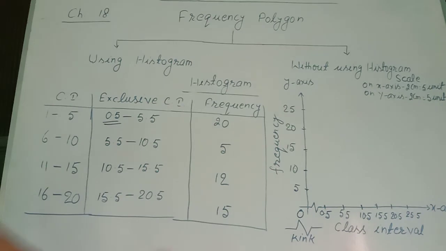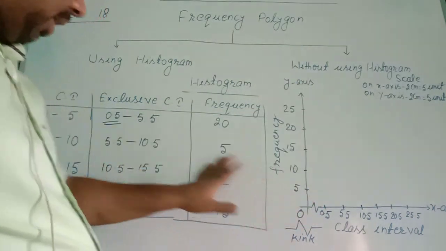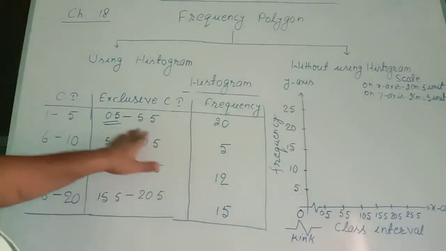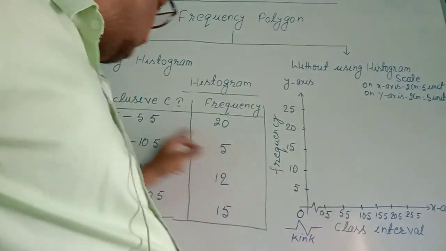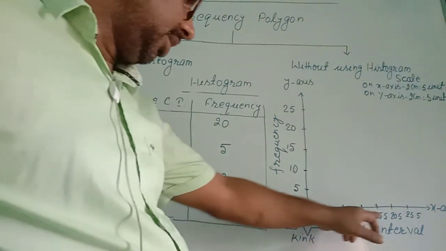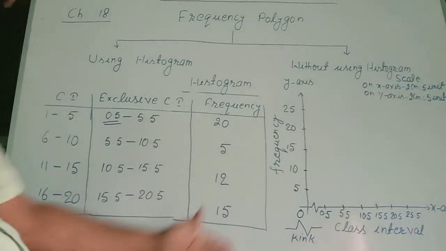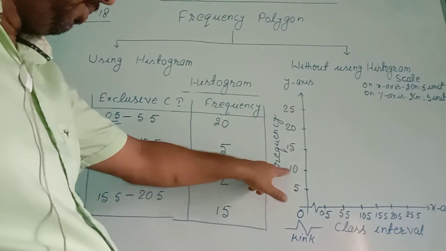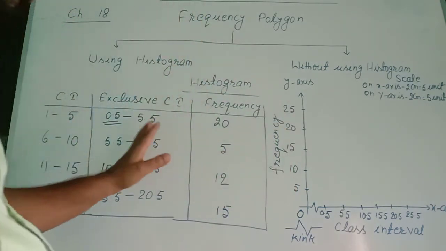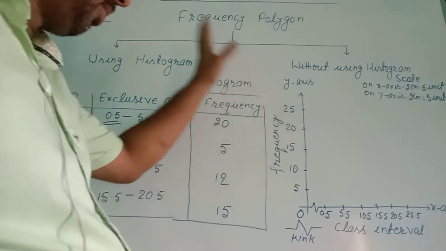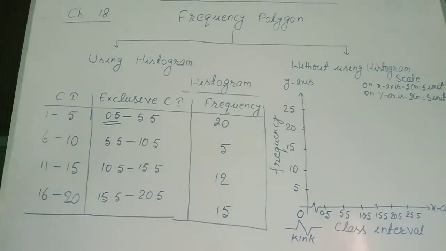So now, as we changed, I have written 2 centimeter, and all these class intervals I have mentioned here. And frequencies are mentioned here: 5, 10, 15, 20 and 25. Now we shall draw the histogram. In the next part we shall draw the histogram.